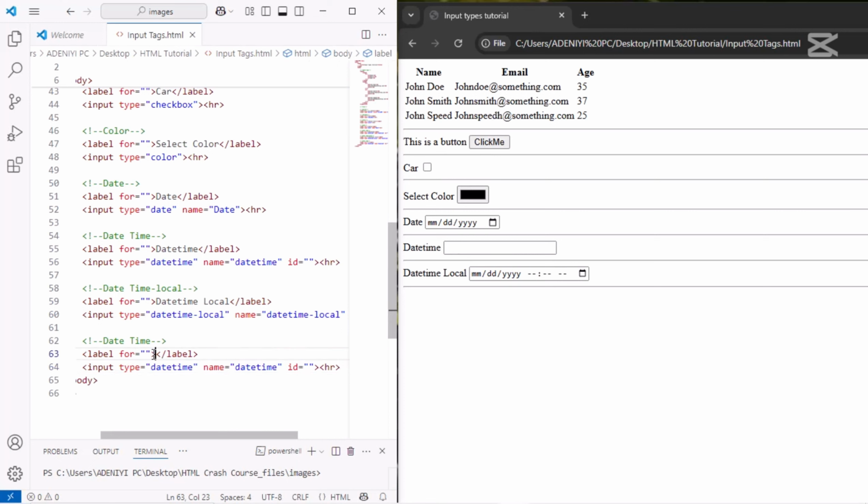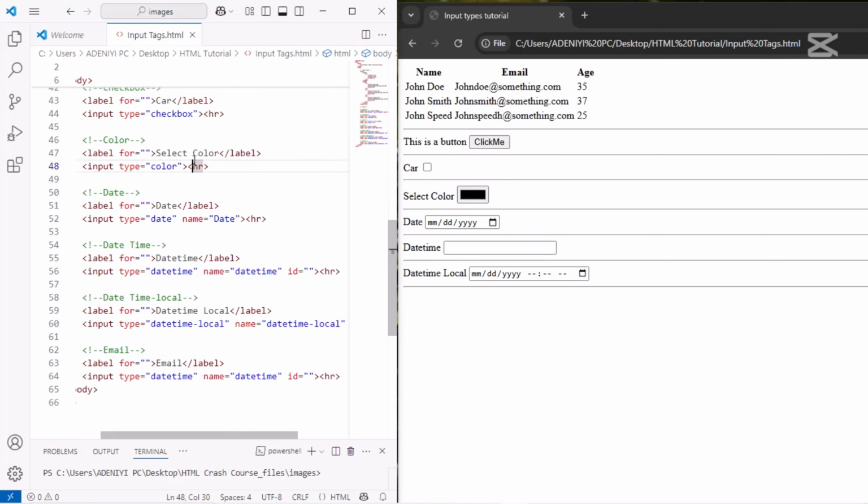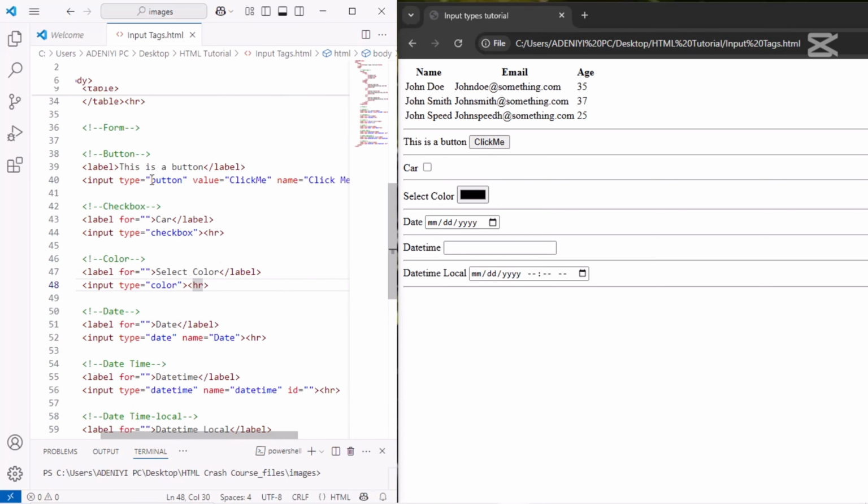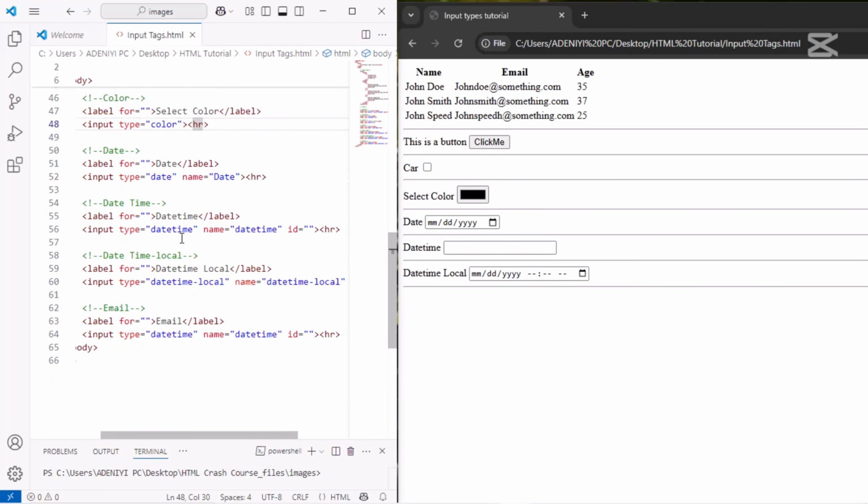Let's see, email, and the comment will also be email. Okay, so if you notice something, all our input types are lowercase, and that is how it should be. Your labels can be uppercase, your comments can be uppercase, but your input type and name should be lowercase. So we can say email, and name should also be email,